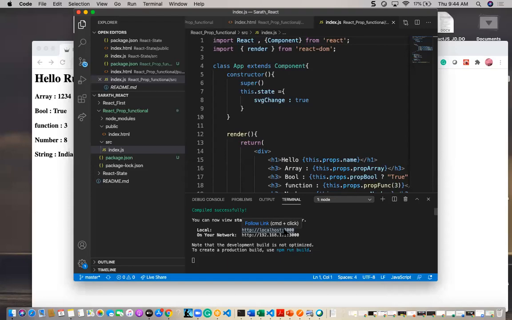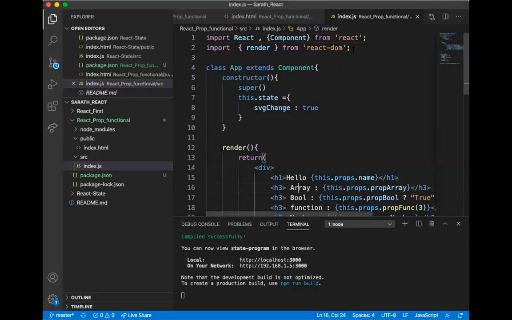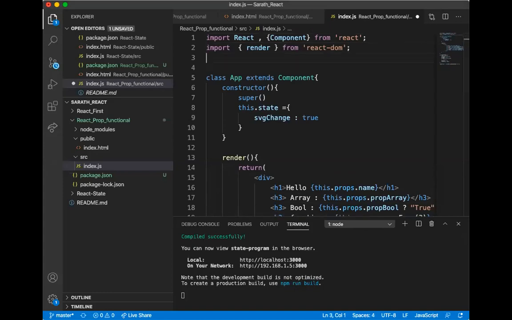Generally, we are going to use one parameter known as import prop types, import prop types, and here I am giving some types.